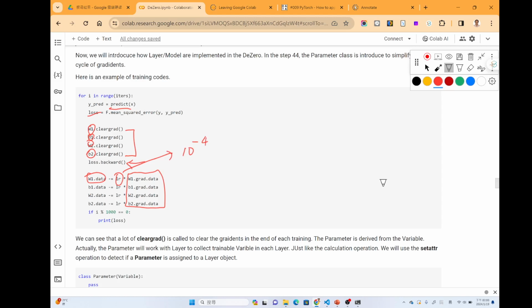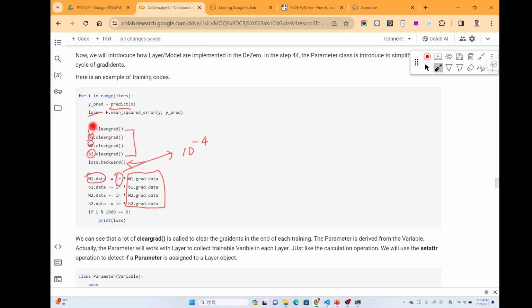But you can imagine that if we have millions of parameters, which is very possible in today's neural networks, we need to call the clear grad function for all of those parameters.